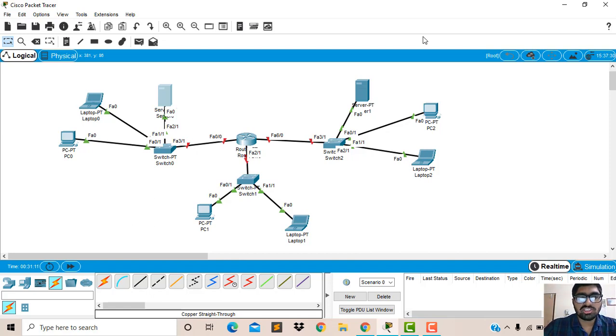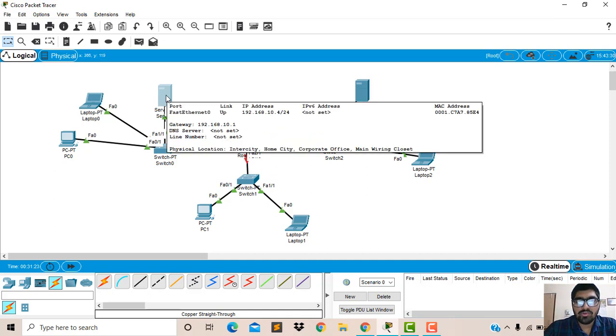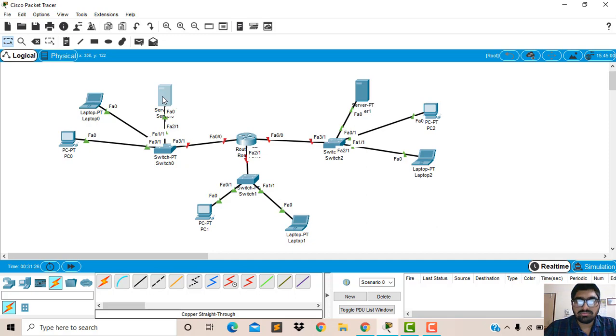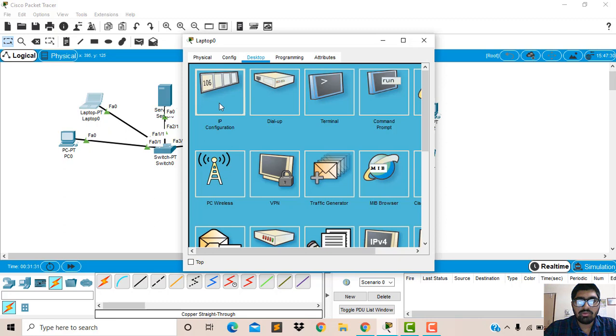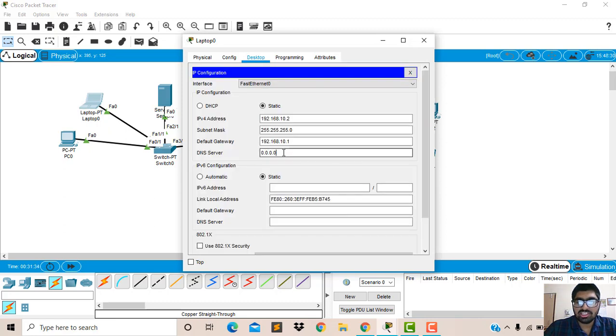Now the IP addresses are assigned to the first PC, the laptop, and the server. To communicate from the PC to the laptop and the server, we have to give IP addresses to the laptop as well as the PC. When we open IP configuration, there is an option like DNS server, the domain name server. To communicate with it, we have to enter the same IP address which that domain name server has.